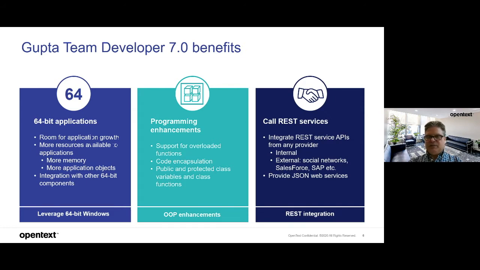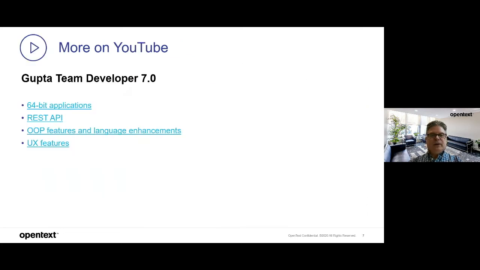And you can also, in Team Developer 7.0, we added the capability for you to provide JSON web services. So you can provide web services that return the data in a JSON format instead of XML format. For Team Developer 7.0, you can view several videos on our YouTube channel: how to do 64-bit applications, how to handle the REST API, the new OOP features, and the new UX